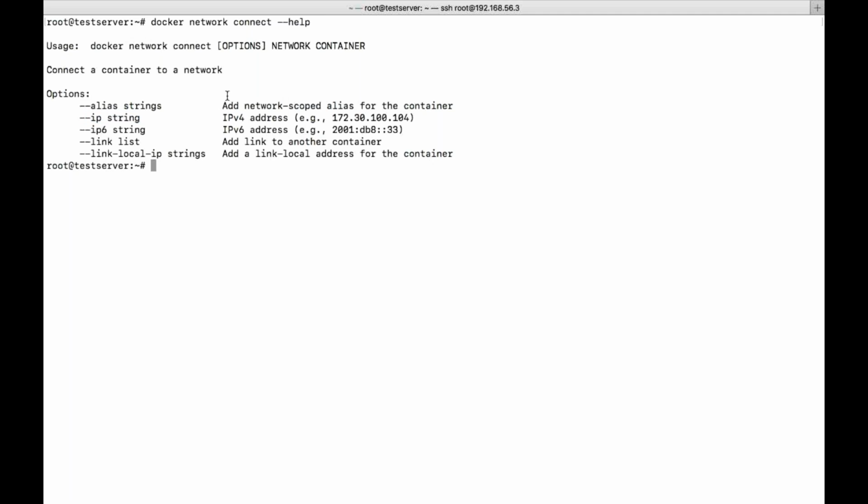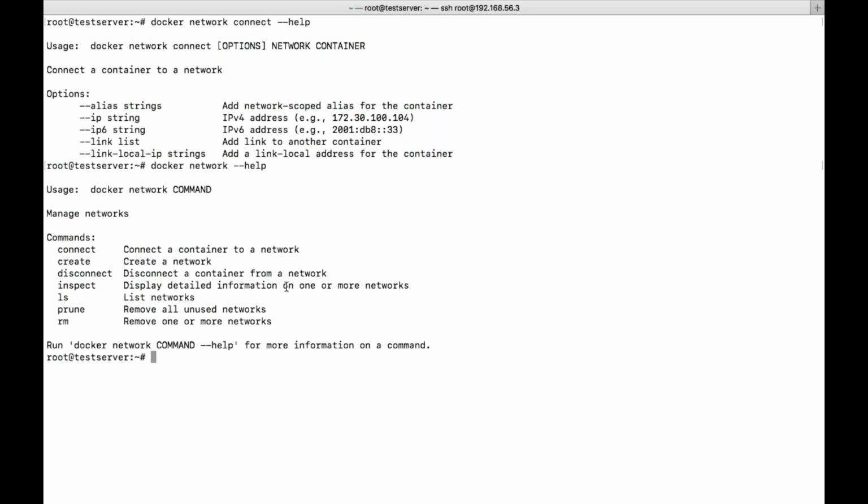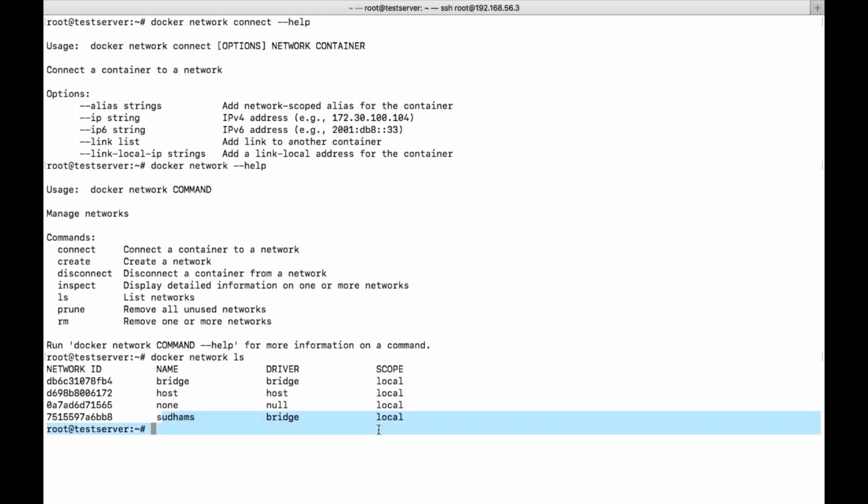The last option which we need to see is prune. Prune is nothing but it will remove the unused networks. Let us say I have created this particular bridge network. Now, if no one is using this particular network, if none of the containers is created with this network, and I use docker network prune and enter, it will remove this particular network because none of them is using it. So that is the meaning of it.